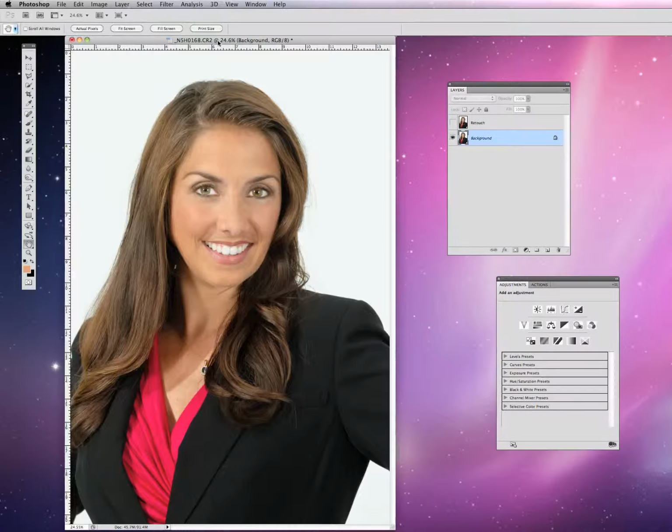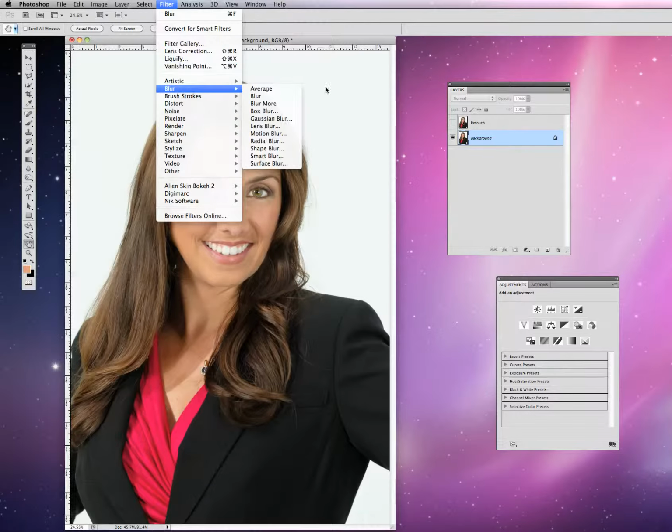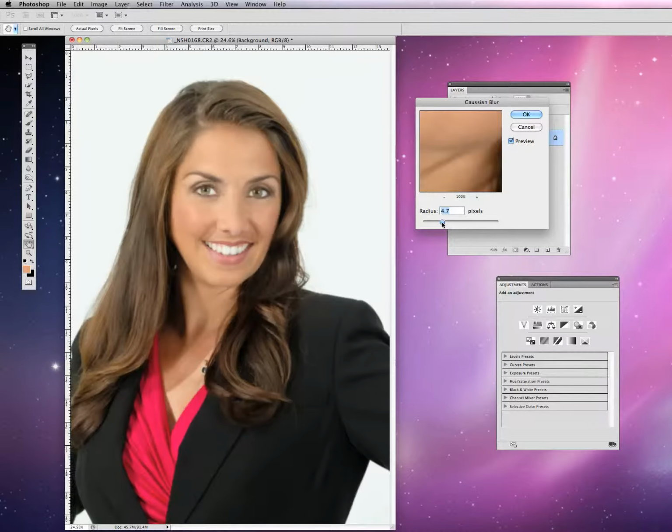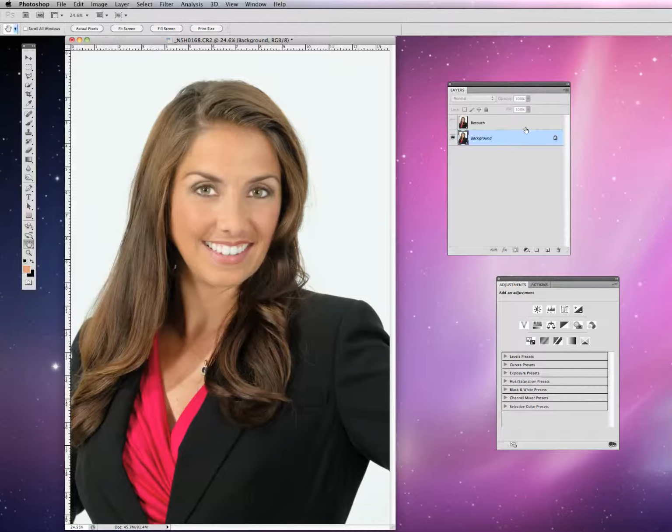So we want to be able to apply this blur to the photograph, but do so in a manner that is going to leave those areas unaffected. To give you an idea, if we were to just apply an overall blur to this photograph, we certainly would smoothen her skin out, but it would also make the photograph look out of focus. So the trick here is going to be just to smooth out her skin and not the rest of the